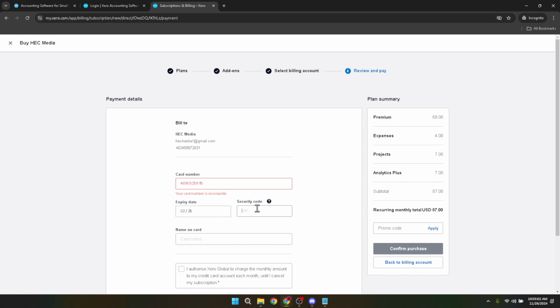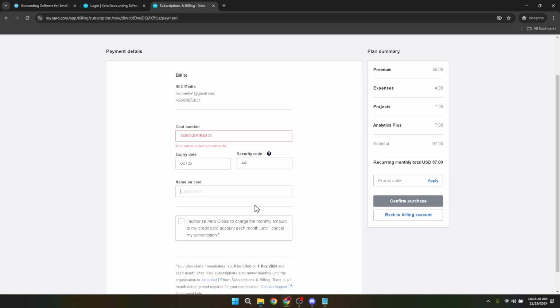This final confirmation solidifies your subscription upgrade, and with that click you unlock a new level of functionality within Xero tailored to expanding your business potential. It's important to note that these changes take effect immediately, offering you instant access to your new features and add-ons. I recommend taking some time to explore these new tools. Familiarize yourself with any new interfaces, and consider watching additional tutorials or attending webinars specific to your added features or